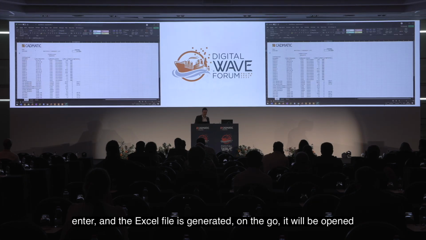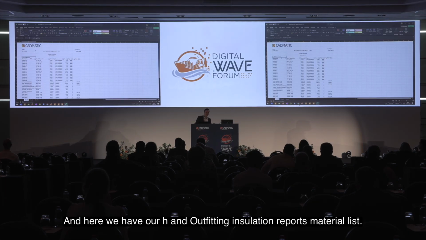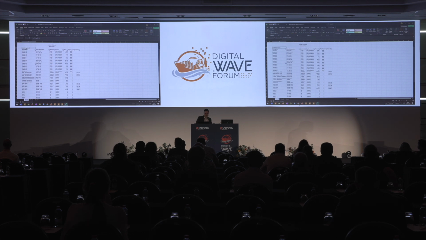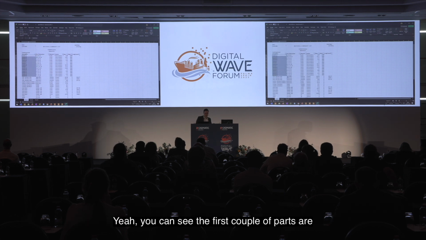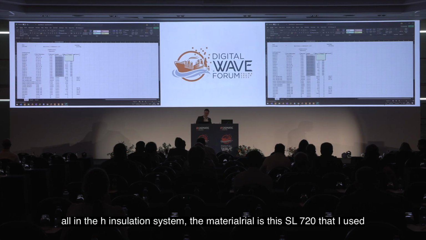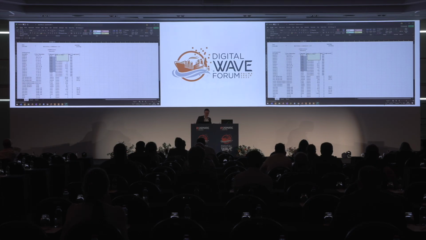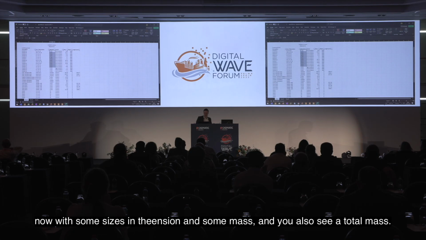It will be opened. And here we have our hull and outfitting installation reports material list. You can see the first couple of parts are all in the hull installation system. The material is this SL720 that I used with some sizes and dimensions and some mass. And you also see a total mass.